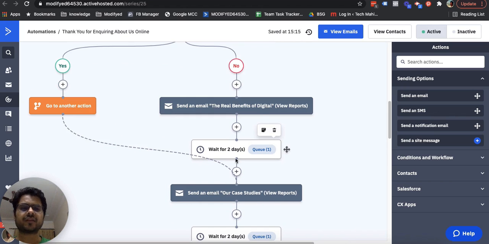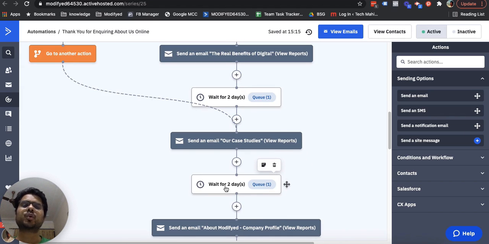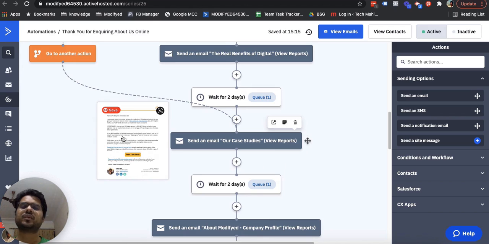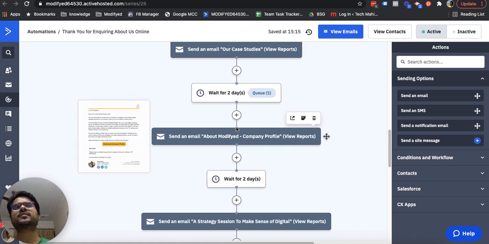So after waiting for 2 days, another email is sent out with some more case studies. With some more case studies, another email is sent out after waiting for another 2 days. So I think this is where, due to paucity of time, I decided to just take it easy and not build more complexity into this funnel.